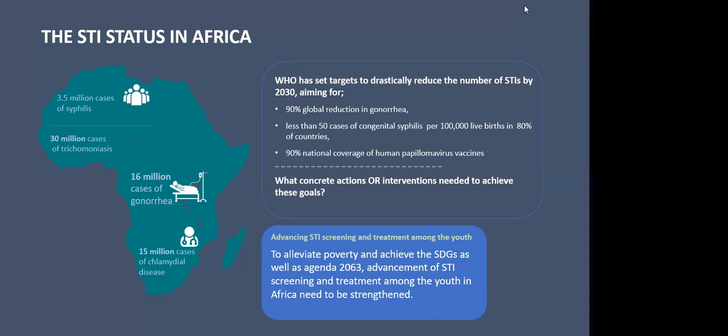Really insisting on correct messaging around condoms, because if we give them correct messaging and tell them they have to use the condom consistently so that they can protect themselves from getting an STI and from getting the HIV infection, the messaging would go a long way for them to understand why I'm being told I have to use this condom. So correct and consistent messaging and correct and consistent use of the condom should come as number one when you're thinking about prevention of STIs and HIV infection. Thank you, and back to you.